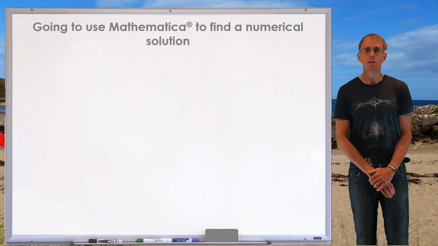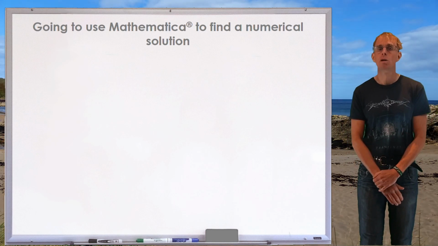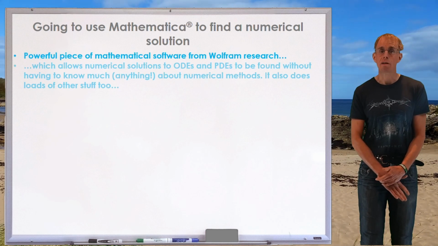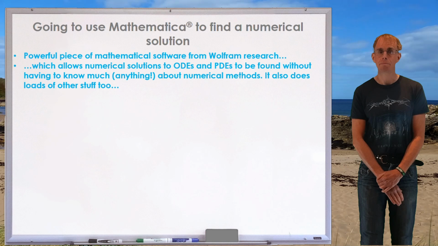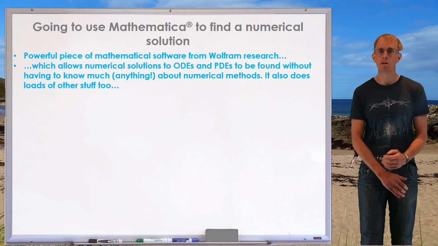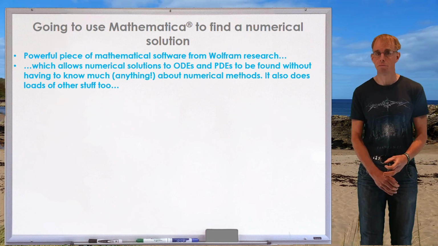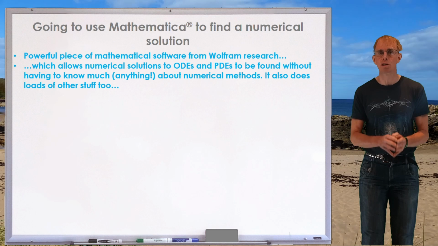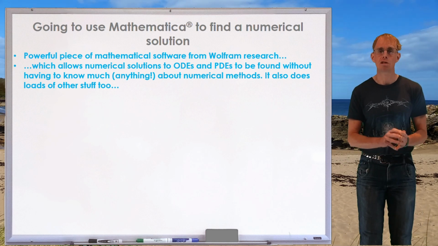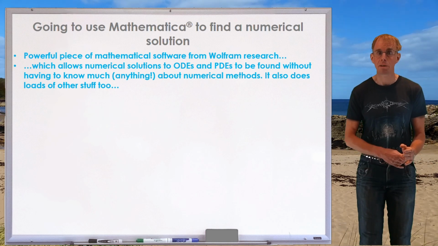Now, we're going to use Mathematica to find a numerical solution. So let's talk a little bit about Mathematica and why I've chosen it. Firstly, Mathematica is a long-established and very powerful piece of mathematical software from Wolfram, and it allows the numerical solutions of ordinary differential equations and partial differential equations to be found without having to know a great deal about numerical methods. And that's the crux of why I've chosen it for this particular course. It's because I haven't got time to teach you numerical analysis as well. I'd be quite happy to do that, and I have done in the past,